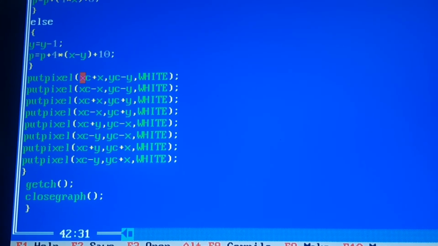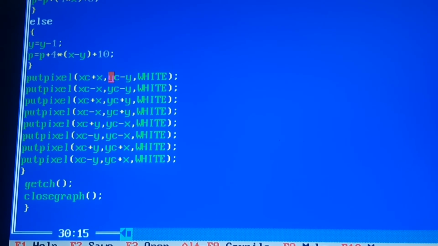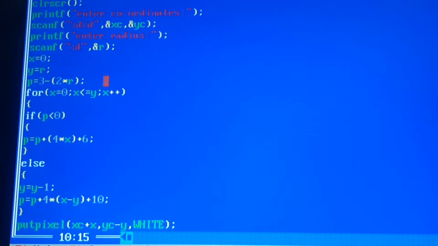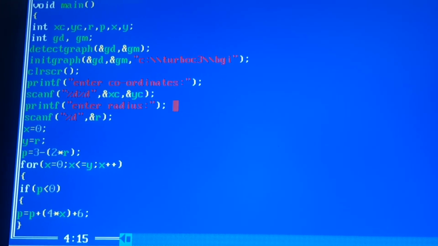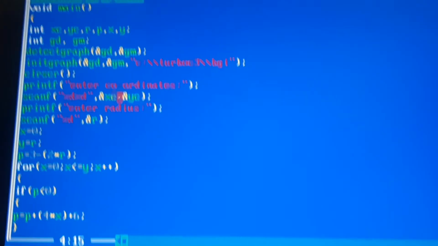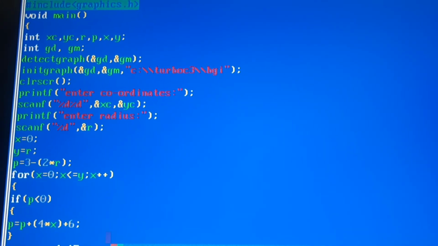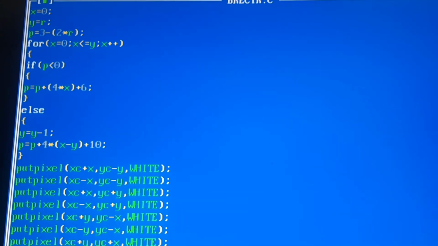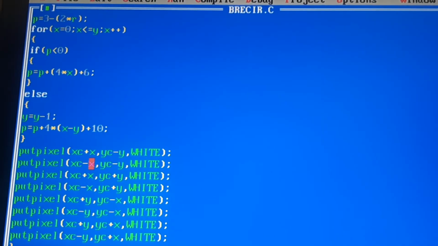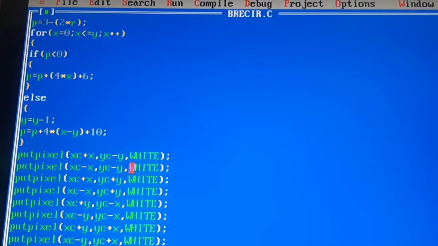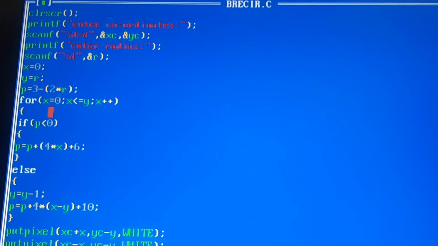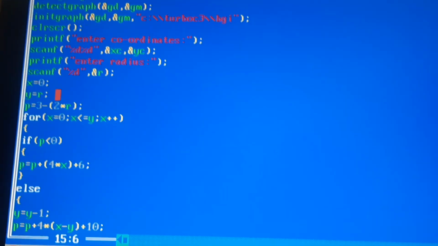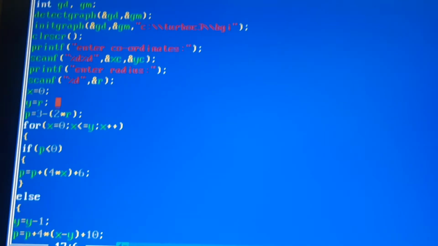The values of xc and yc will be taken from the user entered values, plus x and y, whose initial values will be 0 and r.